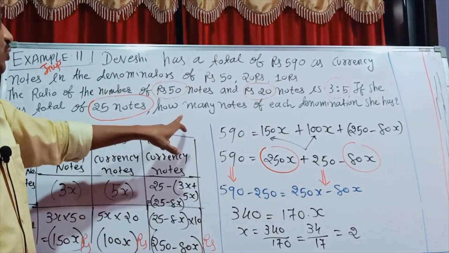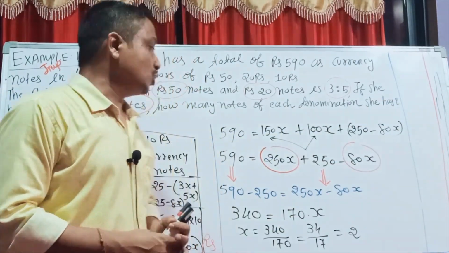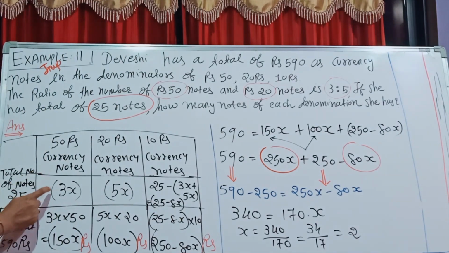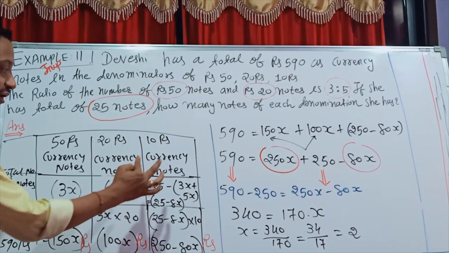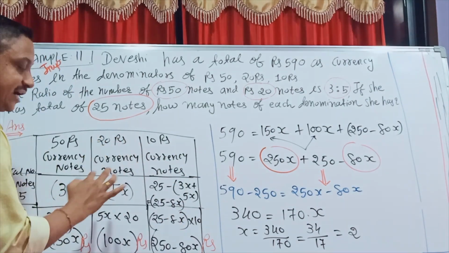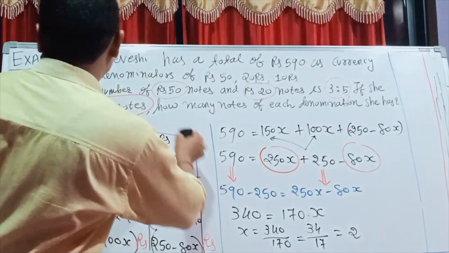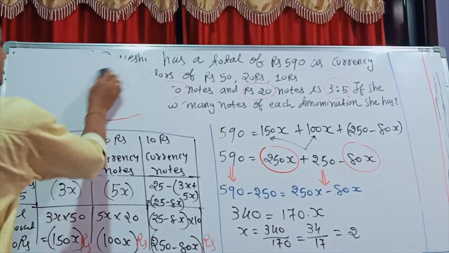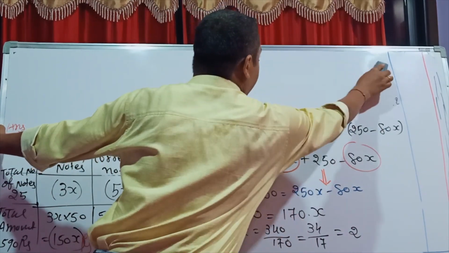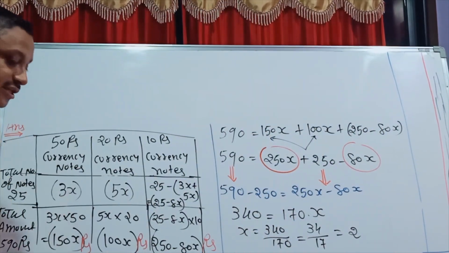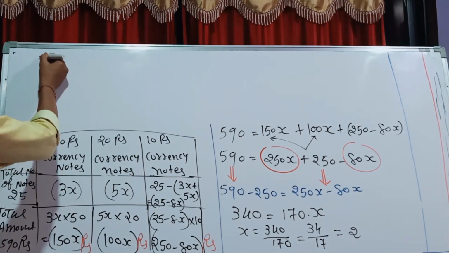Now read the question. What is the question? How many notes of each does C have? So you just create again this table. See, currency note 50 rupees for 3x, 20 rupees for 5x and 10 rupees for 25 minus 8x. Put all values here, value of x is 2, and after that I end this sum. So finally I create again a final table for this answer according to my question. So required